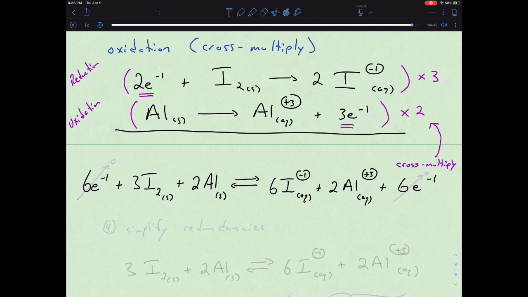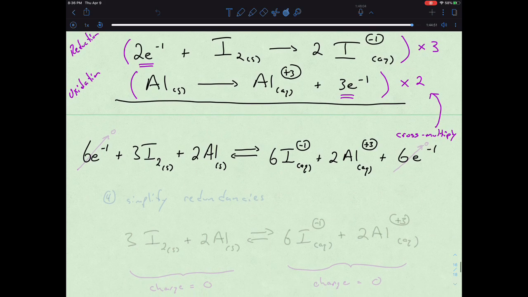And so there is our balanced process. It's not simplified yet, but it is actually balanced. So now that we have everything combined,